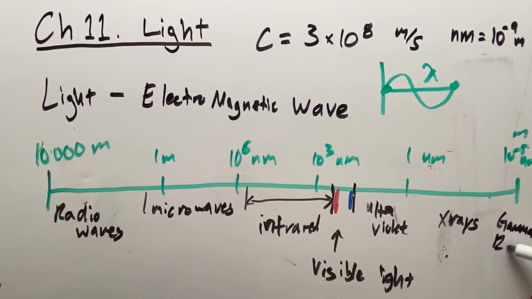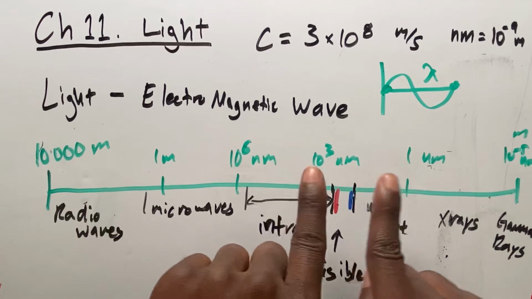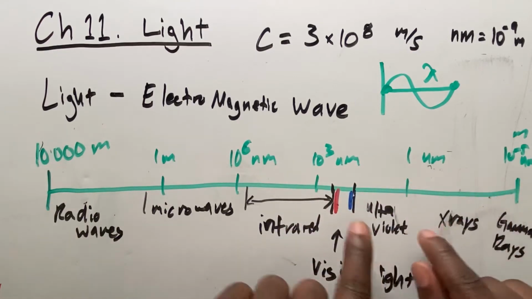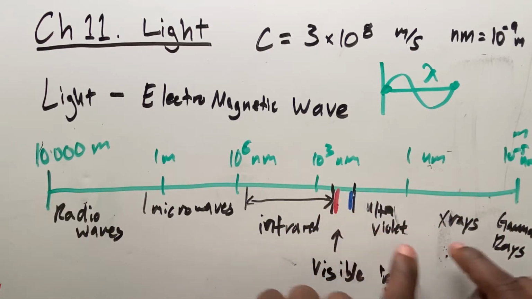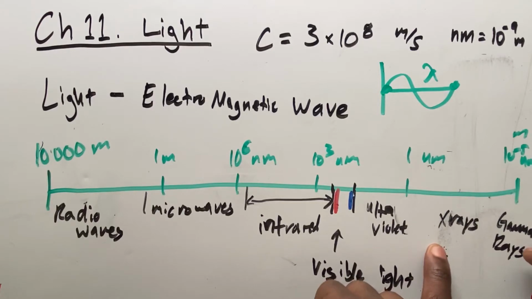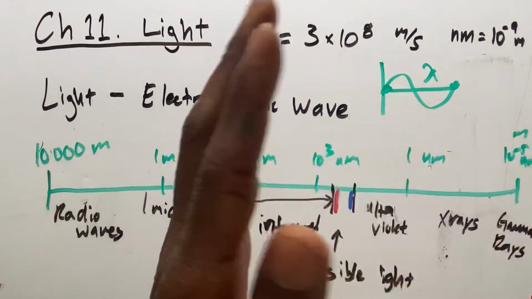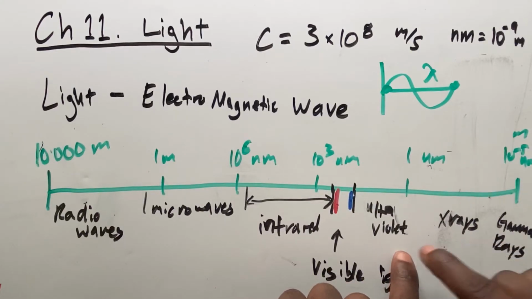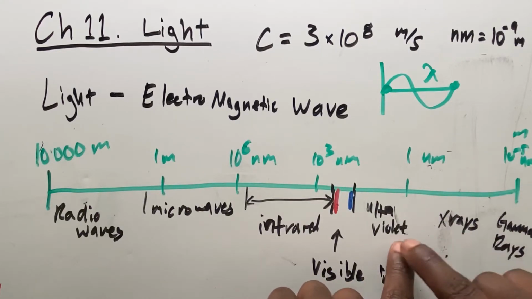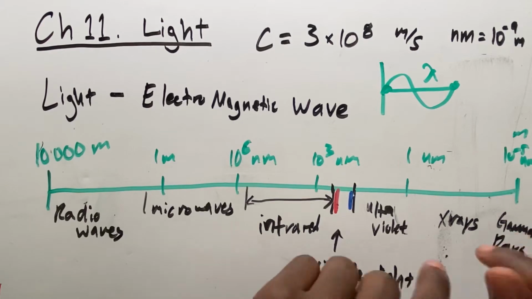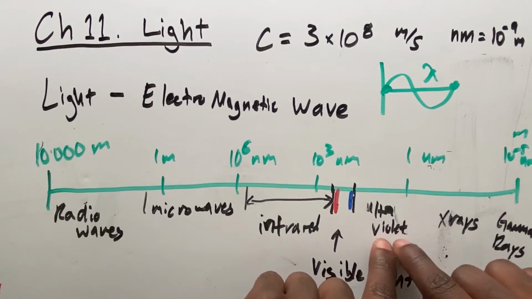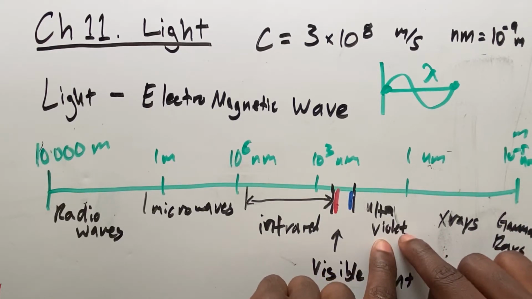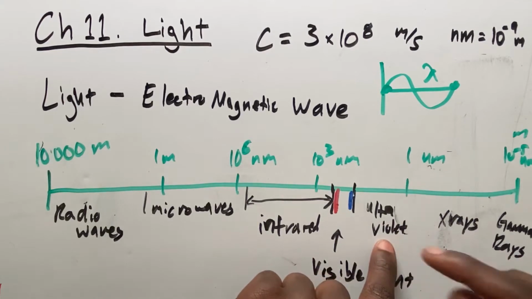Just hope you can see that, gamma rays. So as the wavelength gets smaller and smaller, we get into the ultraviolet, the X-rays, and the gamma rays. And so these wavelengths are really, really small. These wavelengths are harmful to the human body if you're exposed to them at a high dose. So of course, if you're exposed to a high dose of ultraviolet, or just a good amount of the sun, you can get skin cancer.